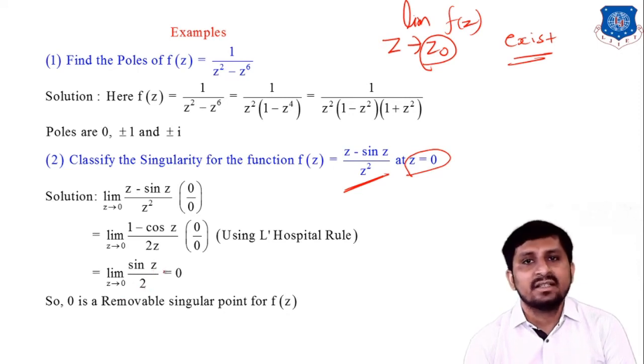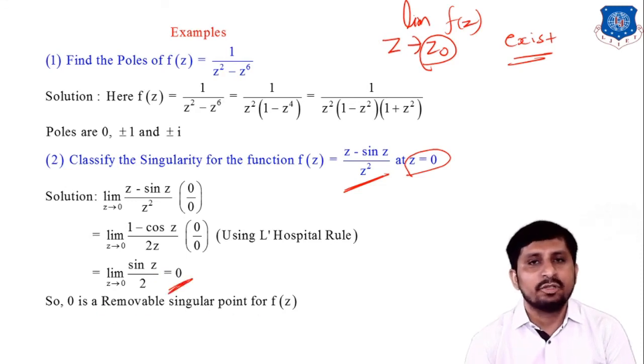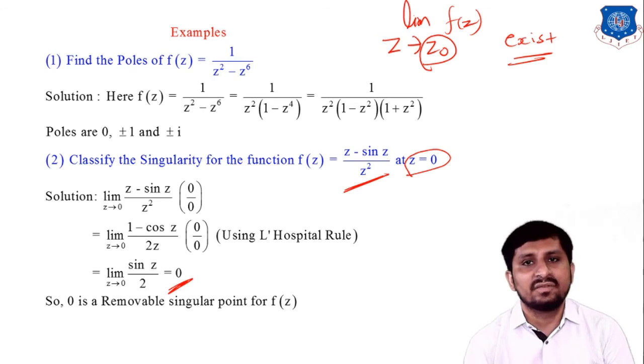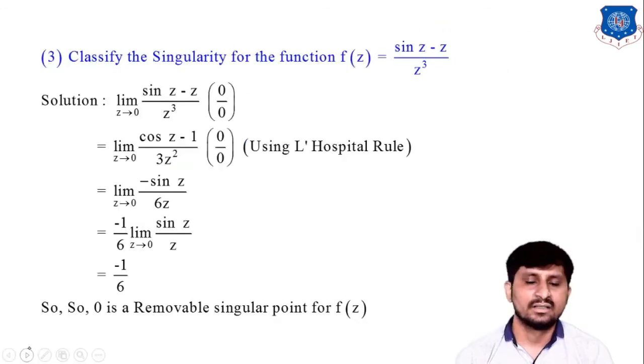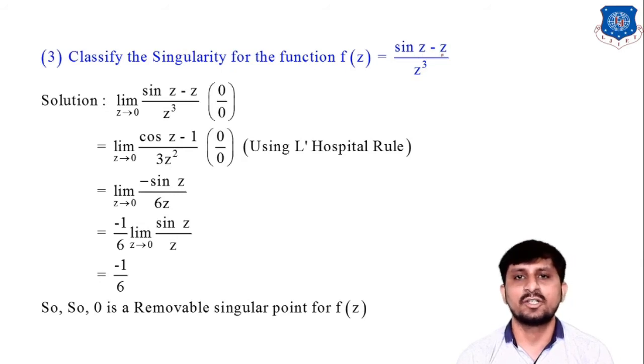And now you can take the value, instead of Z we have to take 0. So now you have 0. So that's why 0 is a removable singular point for f of Z. Okay. The next example, classify the singularity for the function f of Z that is equal to sin Z minus